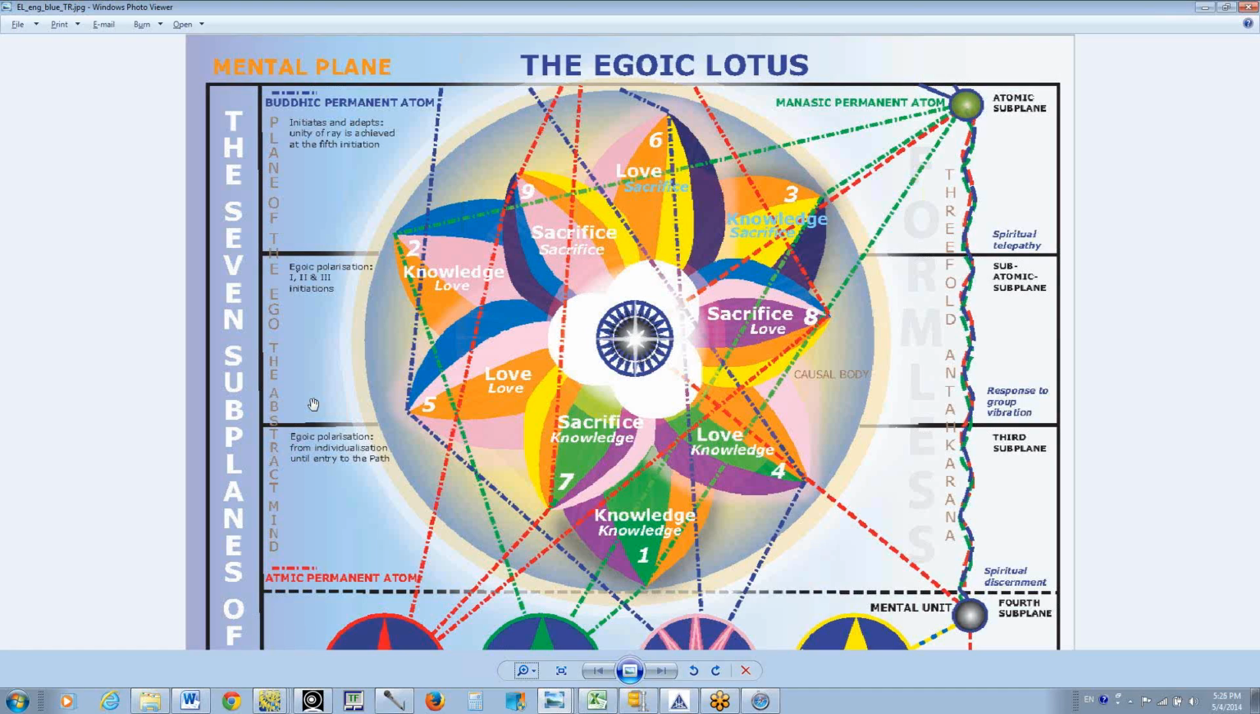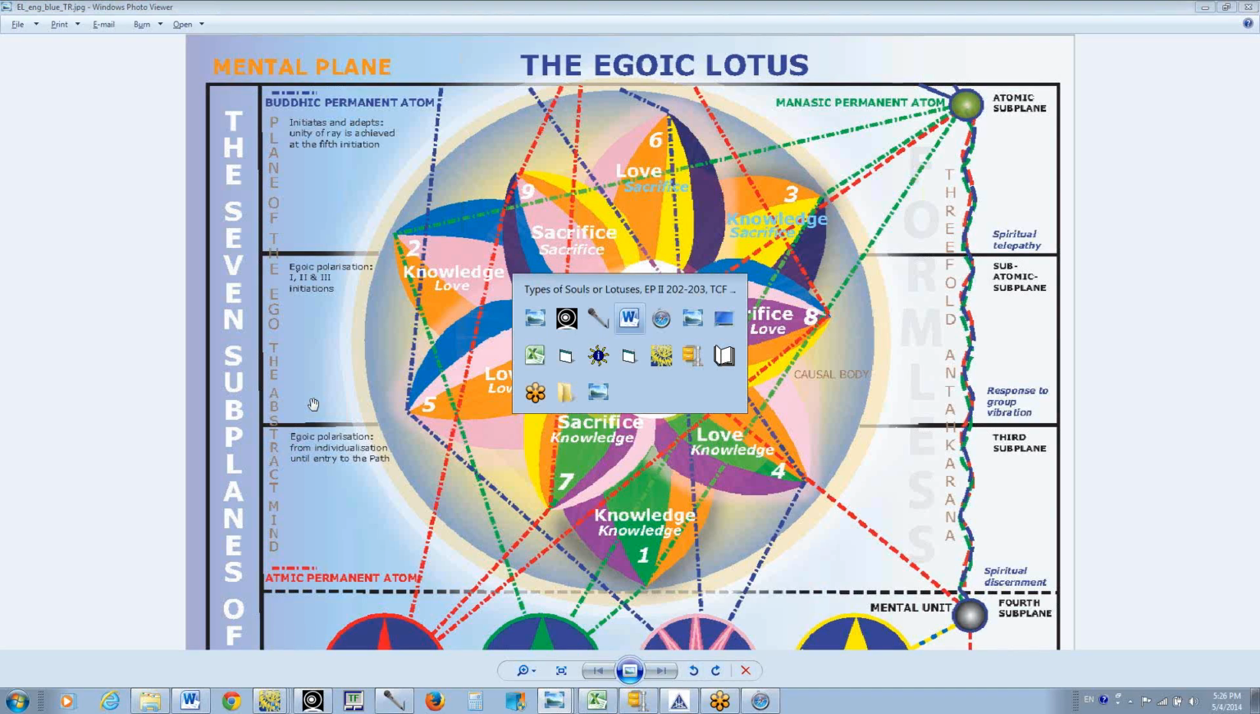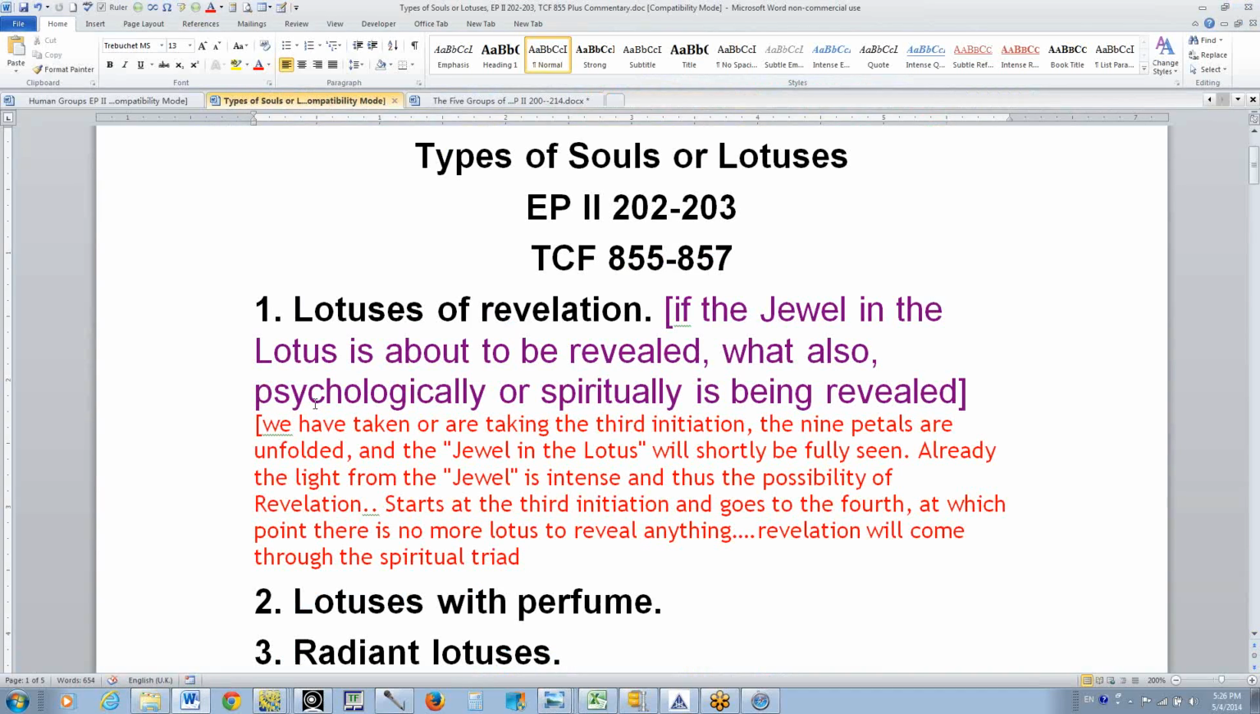So this is a very full development. This is the fully developed Egoic Lotus, and I think we can call it successfully a lotus of revelation. It has to be remembered that there are different types of names associated with the initiations. Now, the initiation, the 5th degree, is called the revelation. The 4th, the crucifixion, and the,